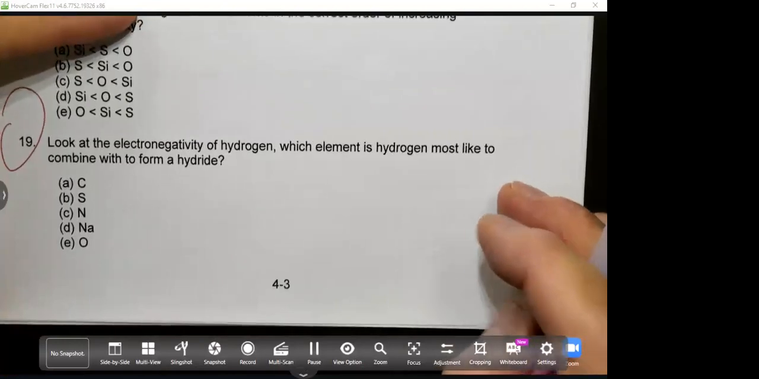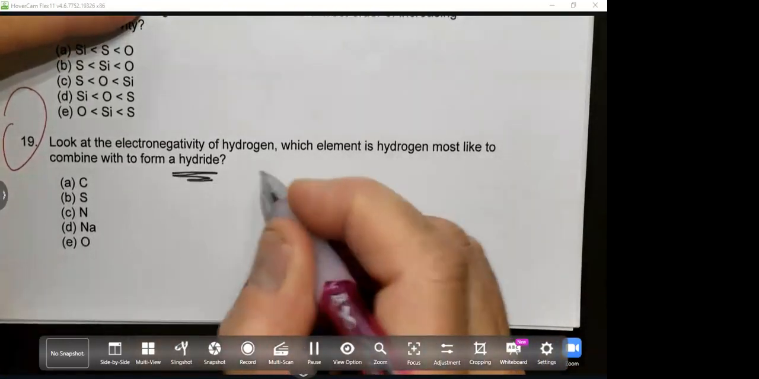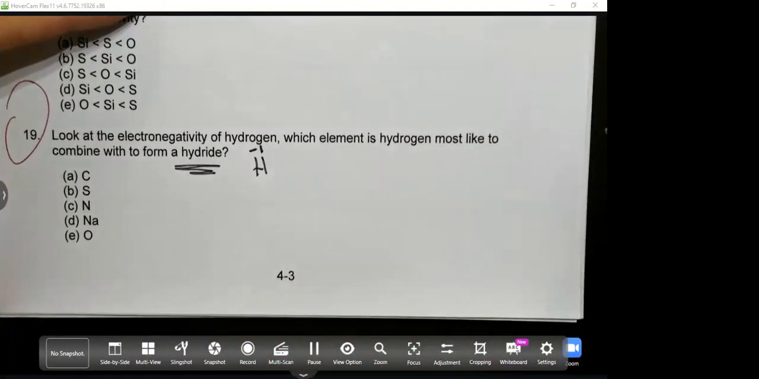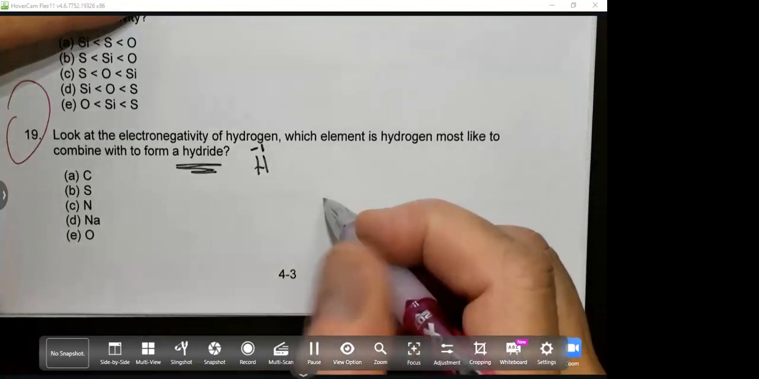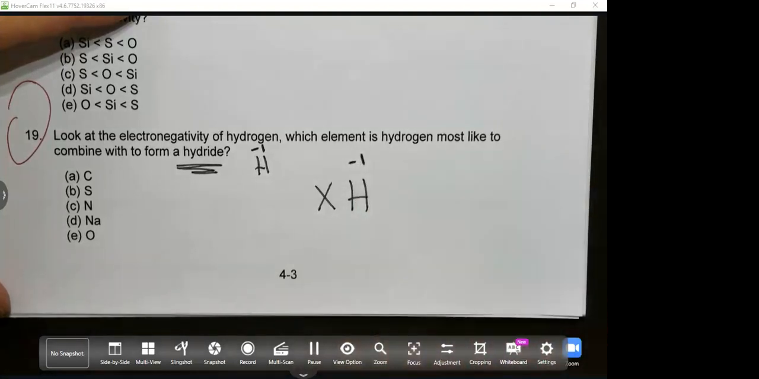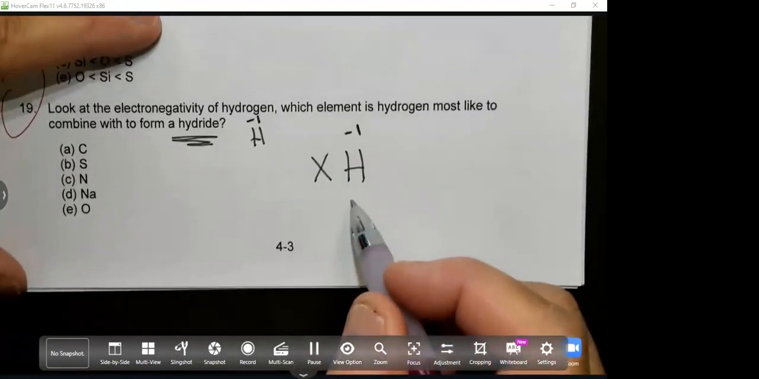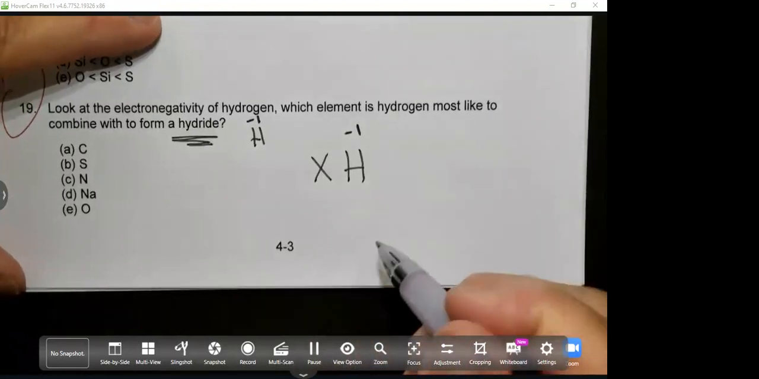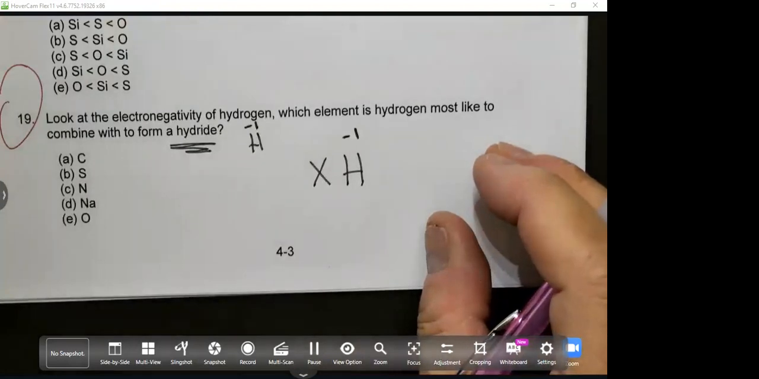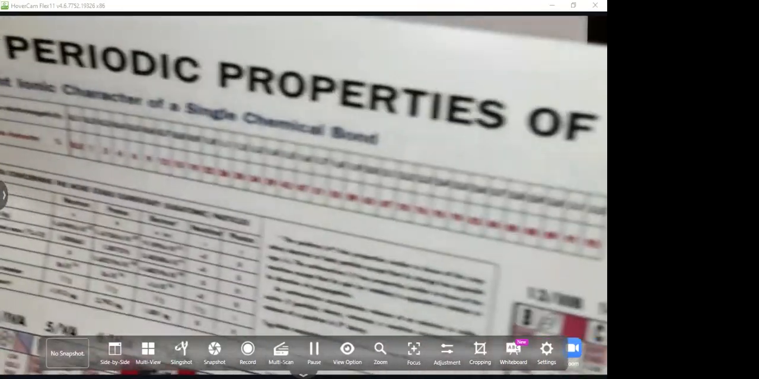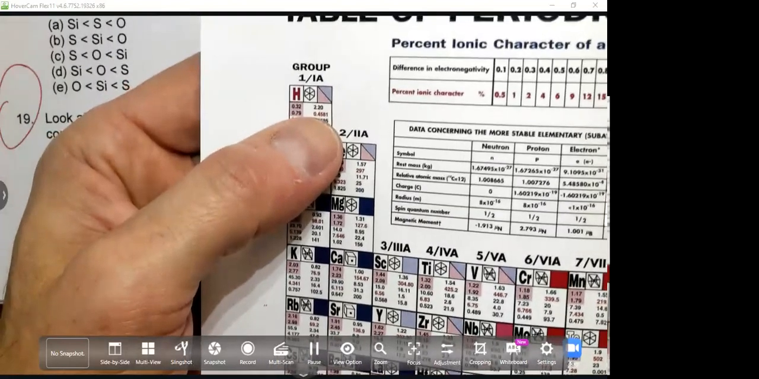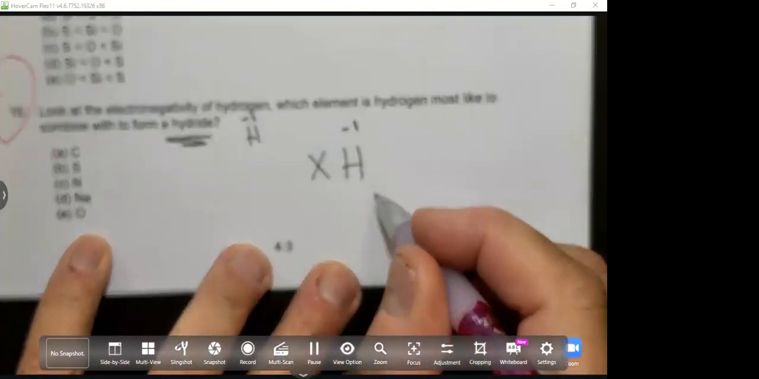In order to get a hydride, which is hydrogen with a -1 charge, if we're going to put something in front of the hydrogen, I'll just write XH. Hydrogen gets the -1 charge. If hydrogen gets the -1 charge, it has to be the higher electronegativity. The electronegativity is on the back side of our periodic table, and hydrogen is 2.2. So the electronegativity of hydrogen is